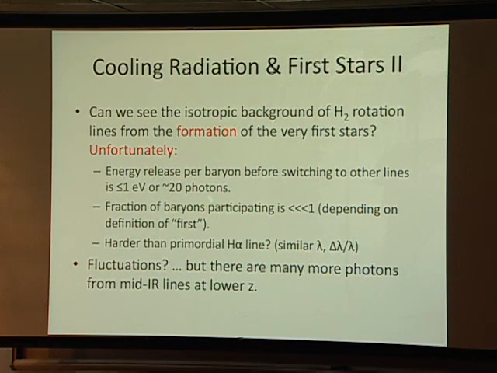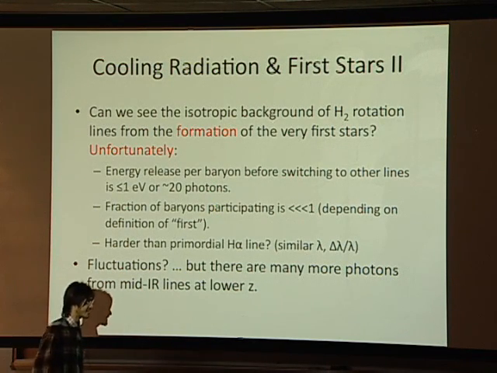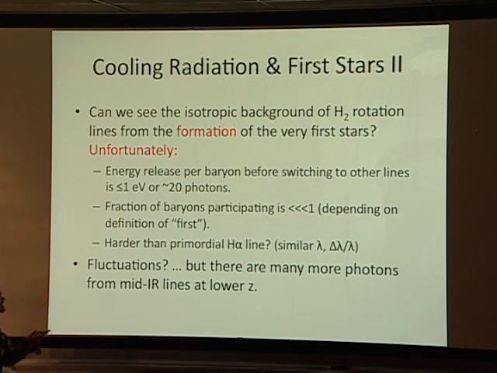And so if you're dealing in the regime where there's substantially less than 1 photon per baryon, then that makes it harder than these primordial recombination lines that Jens was talking about. And we haven't seen those yet, and it's a long road to get there. So I think this, if it's ever going to be possible, is a very, very far future thing.